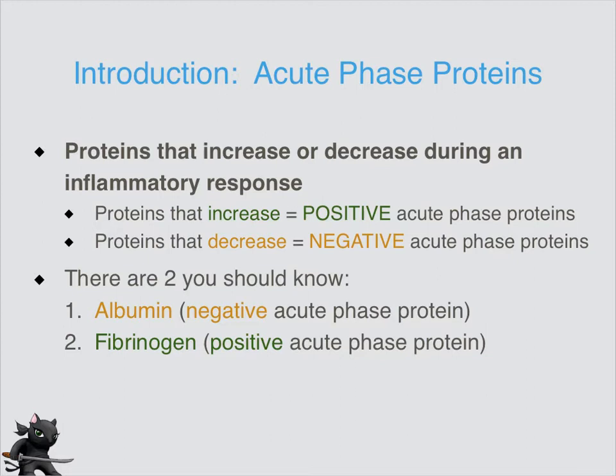So the proteins that increase, that go up during an inflammatory response, they are considered positive acute phase proteins. Okay, they're increasing, they're positive acute phase proteins. Proteins that decrease during the inflammatory response are called negative acute phase proteins. So the two examples that I want you to know, because this is important and it's common terminology, are albumin